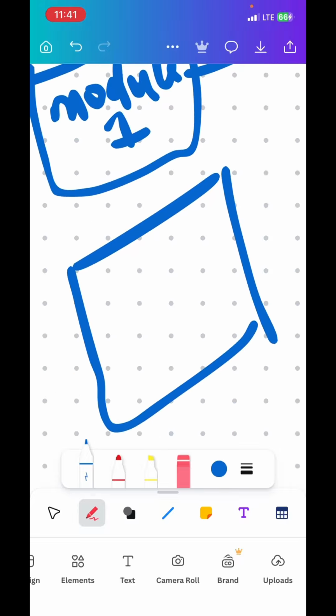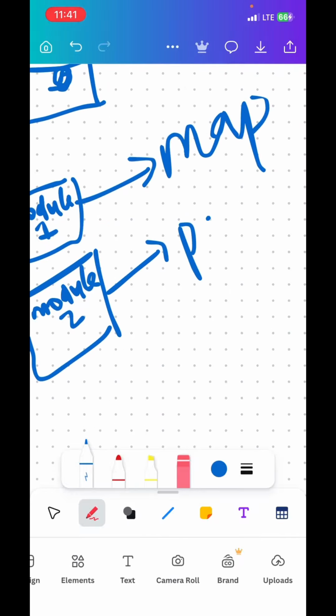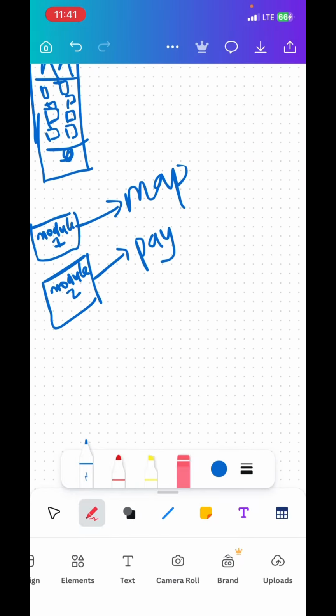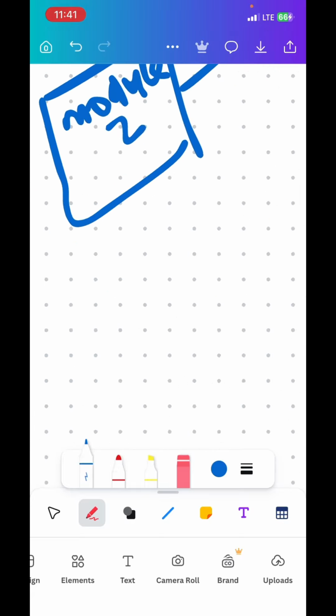Okay, now you have to understand all these things before we start writing code. I'm not writing code yet, but it's just for you to understand how it works. Module 2 represents maybe payment processing, right? Maybe you have a shop. Okay, you may have a shop now, so you just put payments. Then you can have module 4, module 3